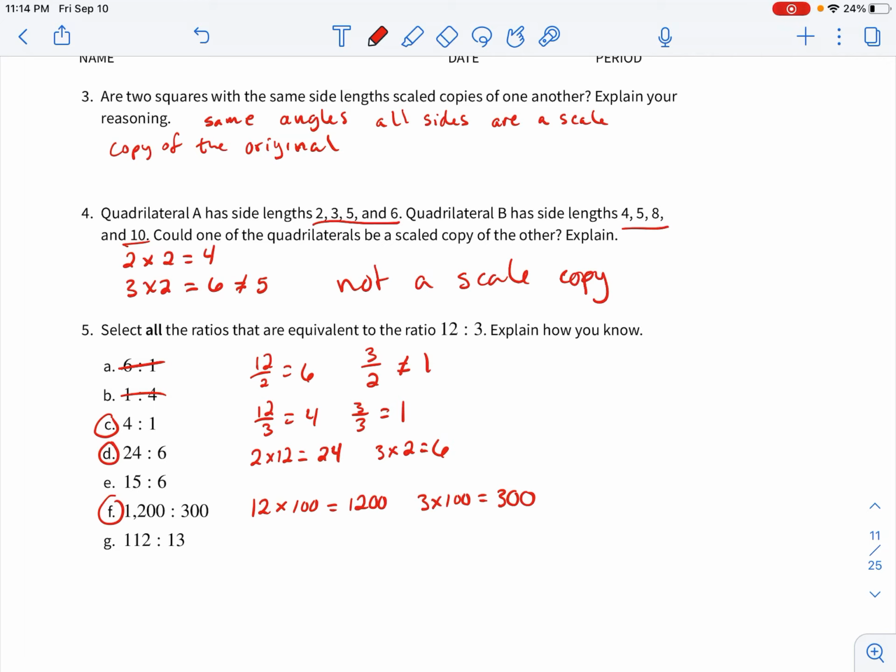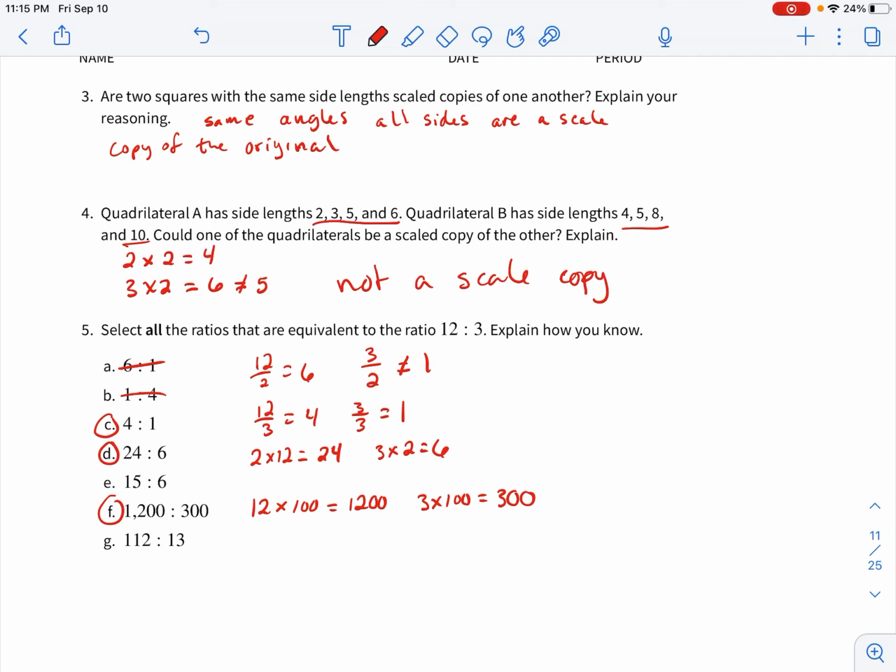Next one, 24/6. So same thing, 2 times 12 gives me 24. 3 times 2 gives me 6. That matches up, so that one is equivalent. The next one, I know 24 and 6 is equivalent, so 15 and 6 cannot be equivalent. Likewise with F, if you multiply both of the original by 100, so 12 times 100 gives me 1200, 3 times 100 gives me 300. Once again, the same scale factor, multiplied both of them to get my new numbers, so that does